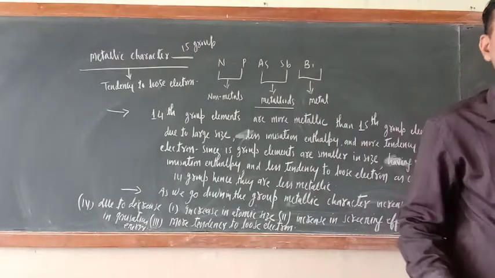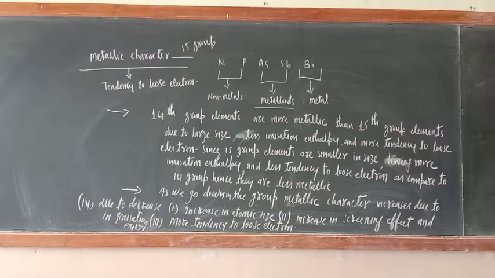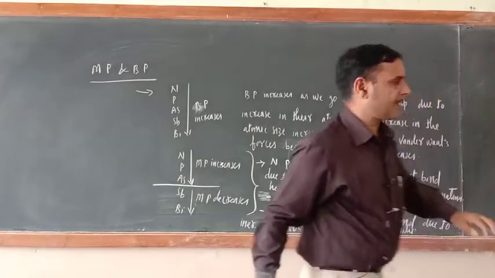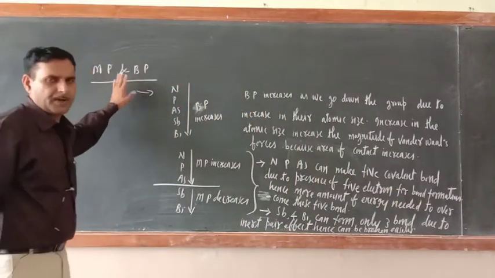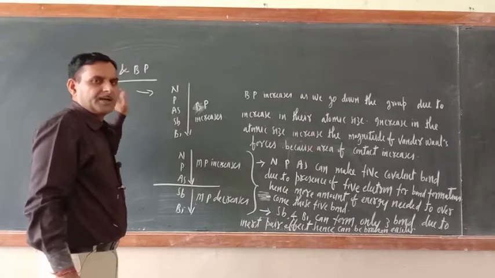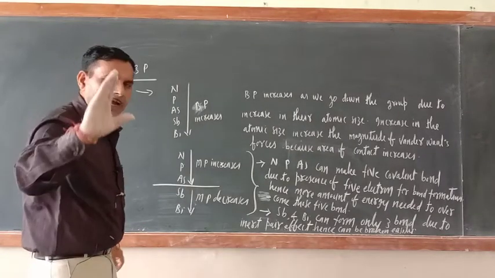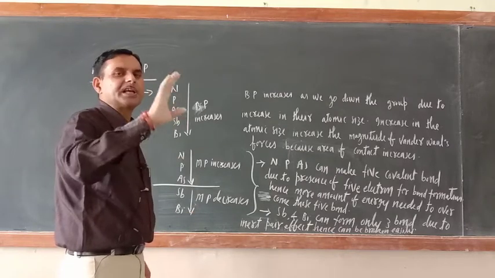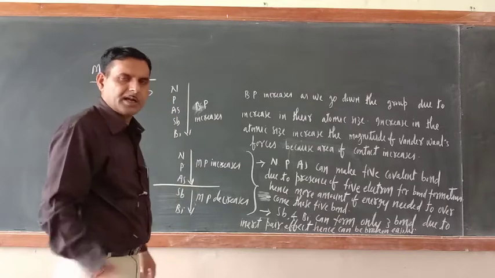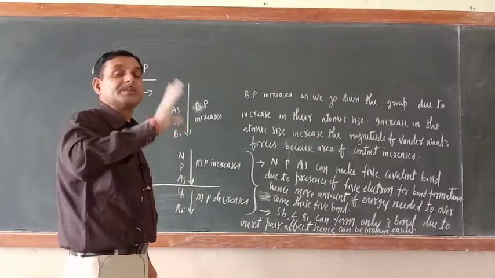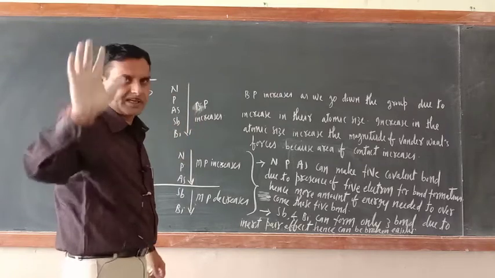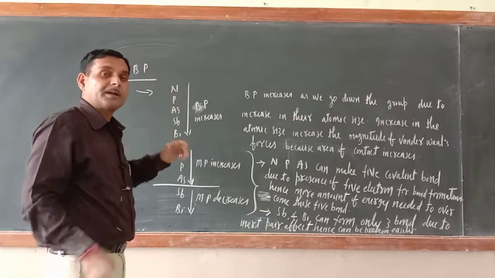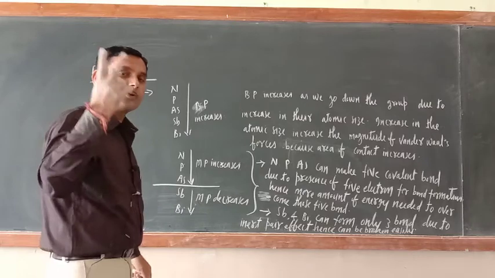Let us move to another physical property of the 15th group, that is melting point and boiling point. So dear cadets, now the next physical property, that is melting point and boiling point. Remember here, what is the melting point and what is the boiling point? Boiling point is the temperature at which any liquid gets boiled. And the melting point is the temperature at which any solid gets melted. So this is the definition, and it seems these definitions are very easy. But if you go very deep into this, you will get 2 points.